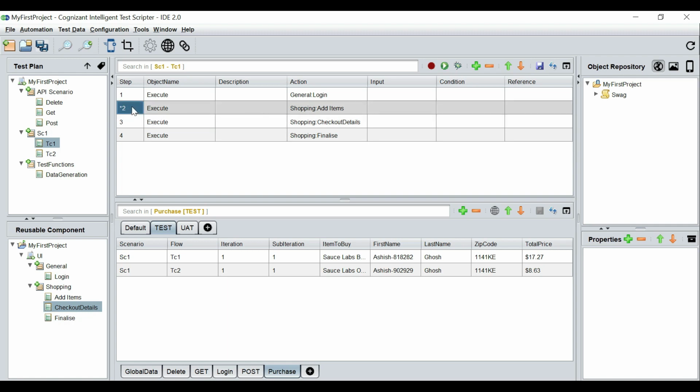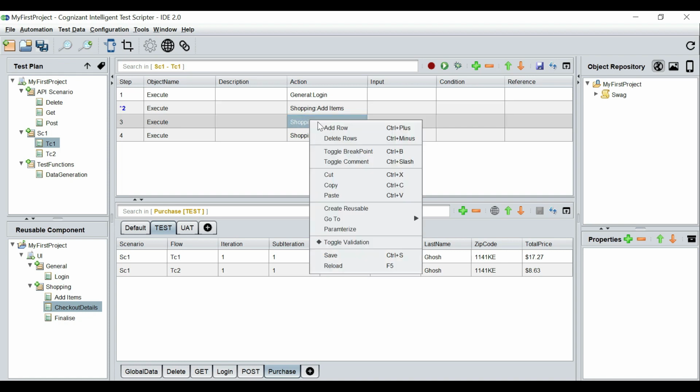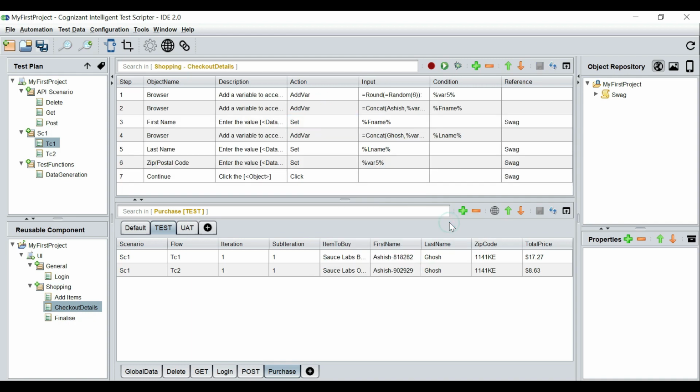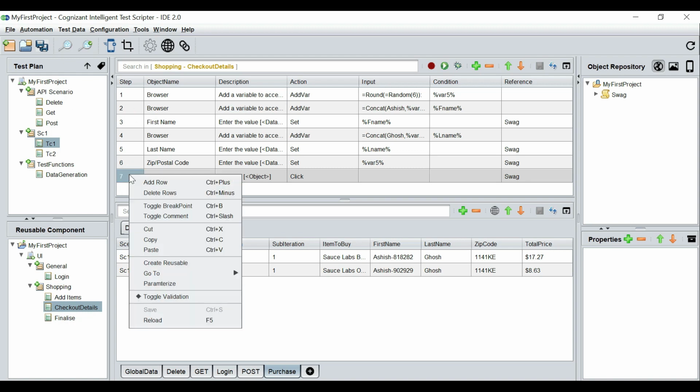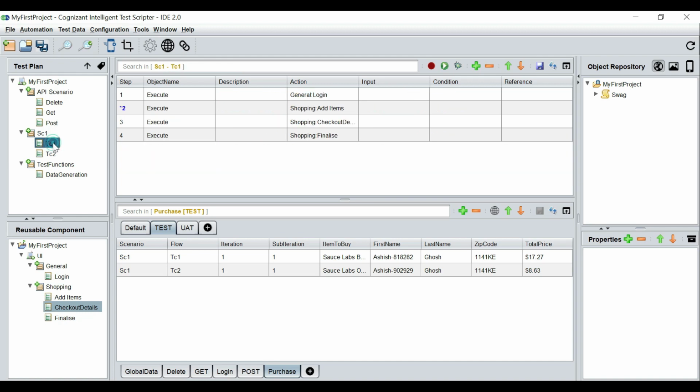We can not just set up a breakpoint on a reusable, but also step inside any other reusable. In this case, let me step inside the third reusable, right click, go to reusable. I can also set a breakpoint in any of the steps. I will set a breakpoint at line number 7, toggle breakpoint. So in my test case, I have set up breakpoints in 2 strategic places. Now if I go back to my test case,